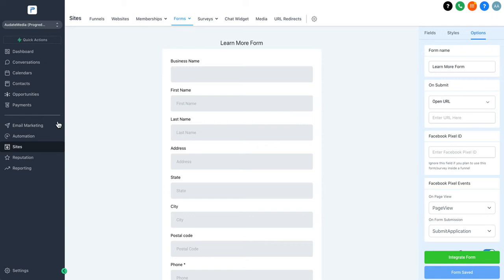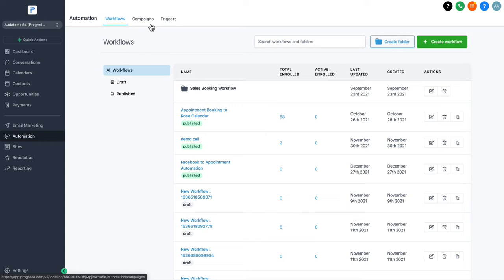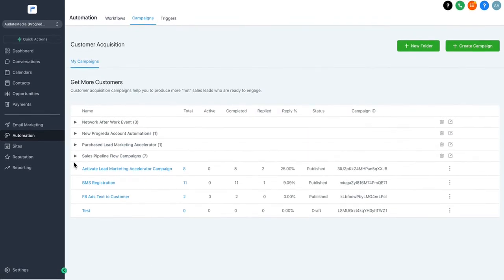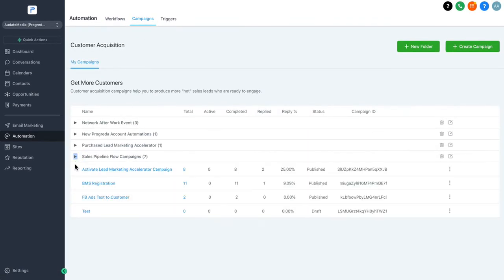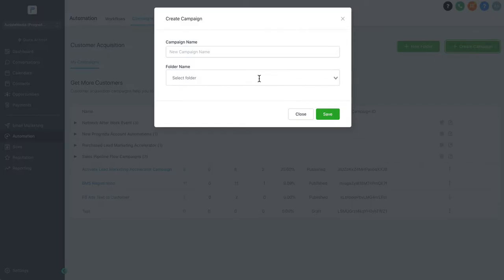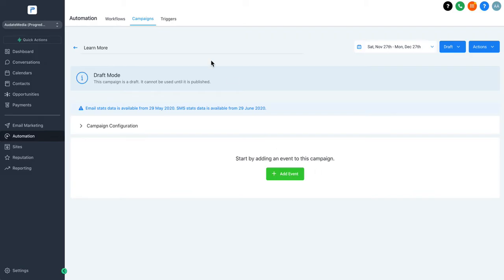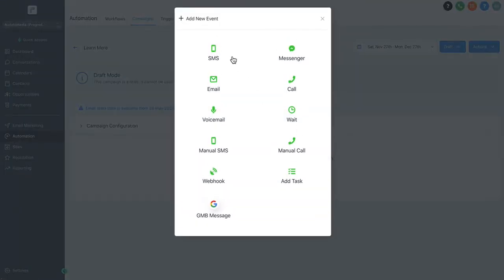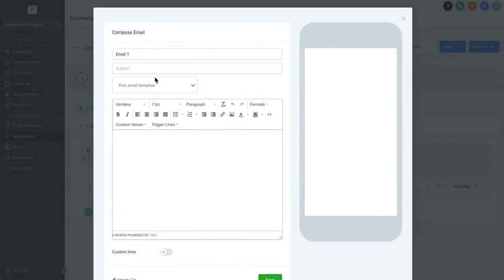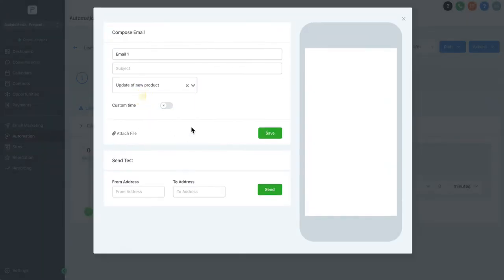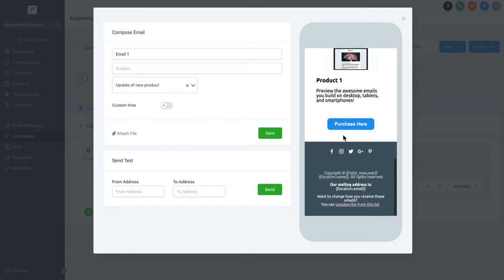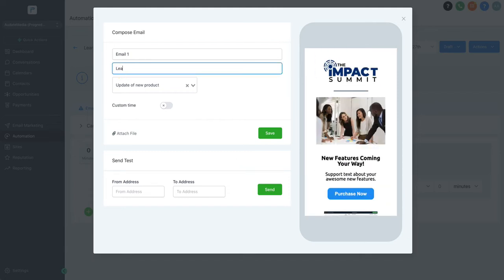Let's say that we create a campaign. So let's go to automations, and let's go to the campaign, and let's create a new campaign from scratch, and let's call this learn more, and click save. And let's say, for example, you want to send a specific email about your products, right? So we've already created this email earlier. Learn about our products, and